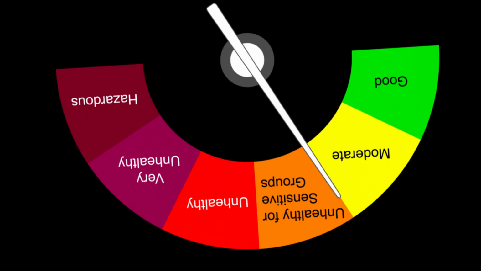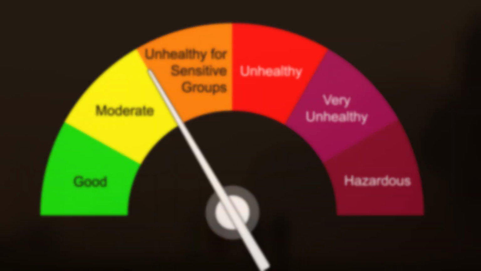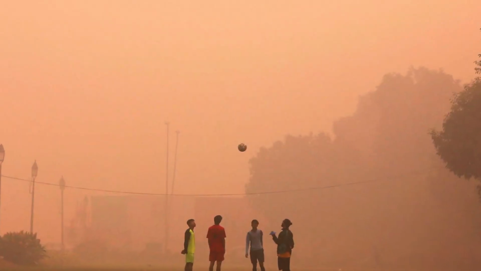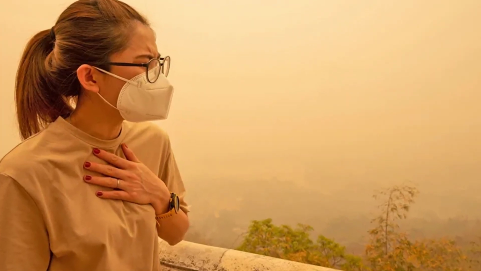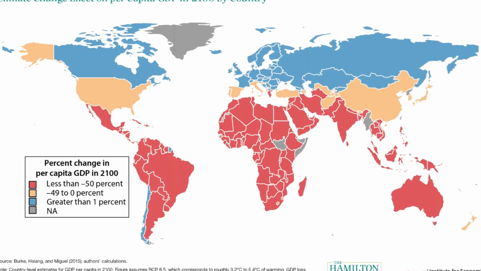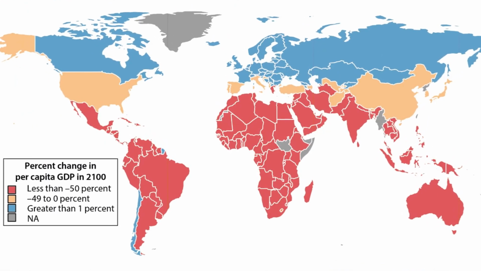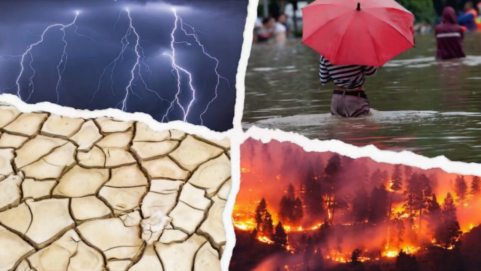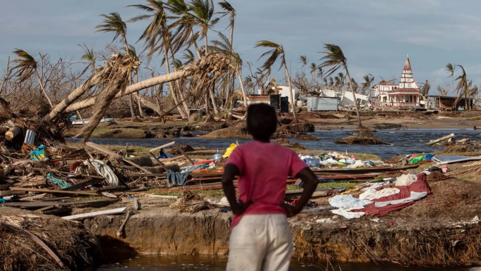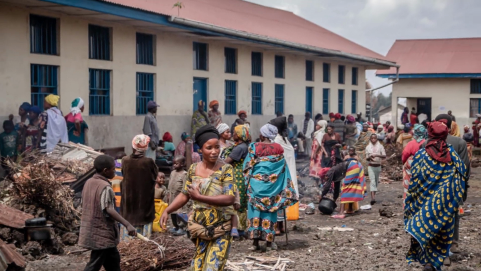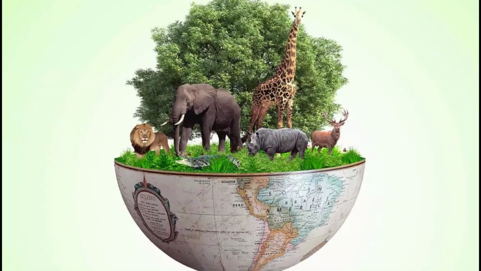Air quality. Higher temperatures and increased wildfires have led to deteriorating air quality, exacerbating respiratory conditions and contributing to premature deaths. Economic and social impact. The economic costs of climate-related disasters have soared, with billions of dollars in damages from storms, floods, and wildfires. Displacement. Rising sea levels, extreme weather events, and deteriorating living conditions have displaced millions of people, leading to a growing number of climate refugees.